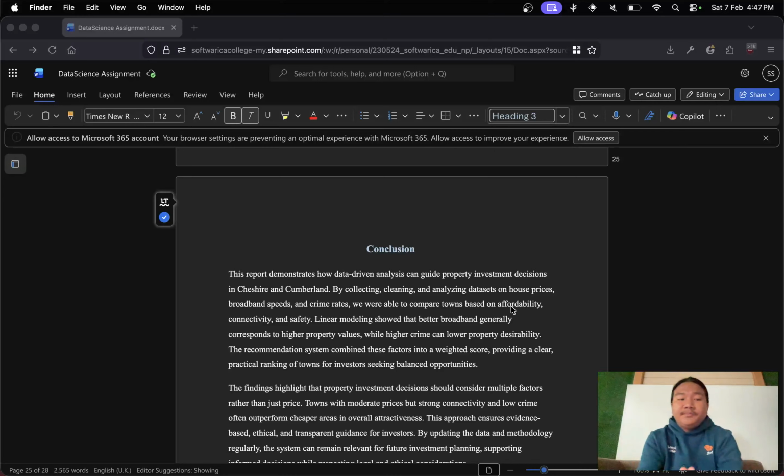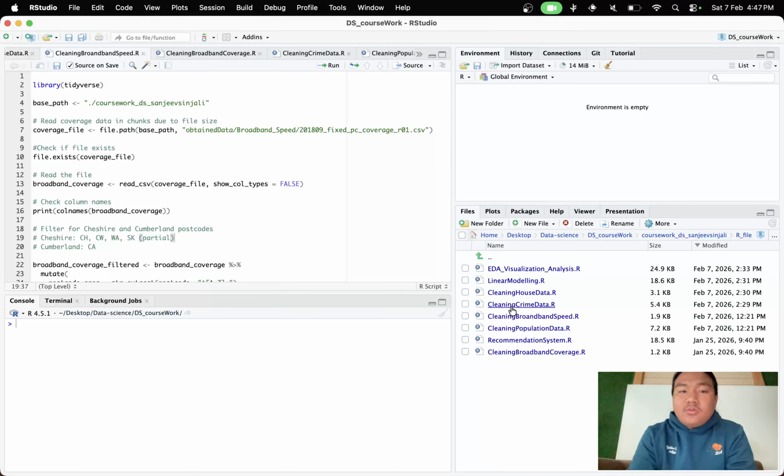For the conclusion, this project shows how data science can guide informed and ethical property investment decisions. Instead of focusing only on affordability, the analysis shows that connectivity and safety are equally important. The recommendation system provides a clear data driven guide for investors and can be updated regularly as new data becomes available. And at last, for the code,